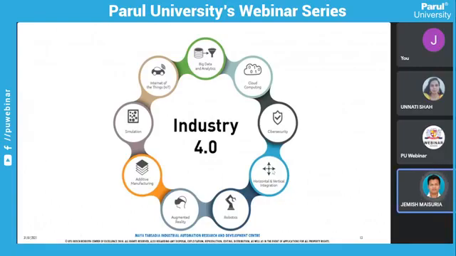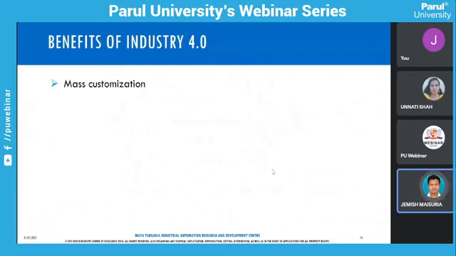Okay, so that n number of reports can be analyzed by this particular big data analytics and cloud computing. So these are the technologies which will contribute to this particular Industry 4.0. Okay, now the benefit, you can say mass customization. So nowadays when you are going to purchase a car, it will be customized by your requirement. Let's say you want this color or you want something else in that. So that mass customization will be there with Industry 4.0.